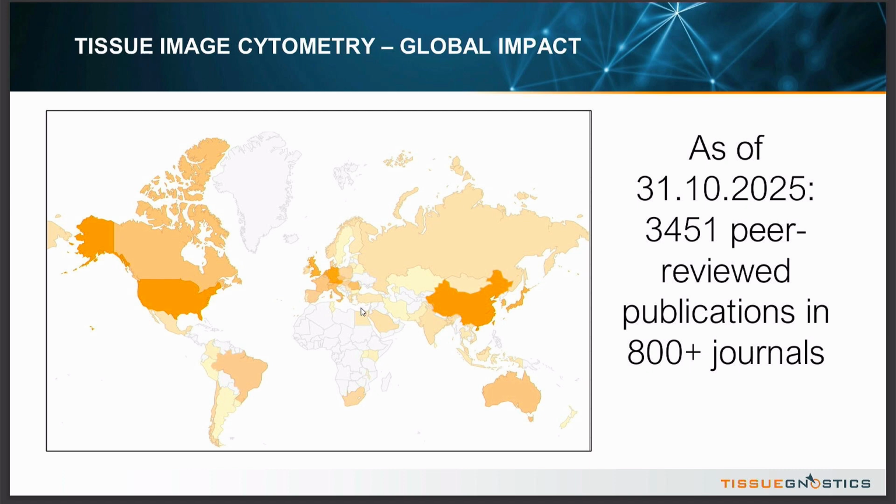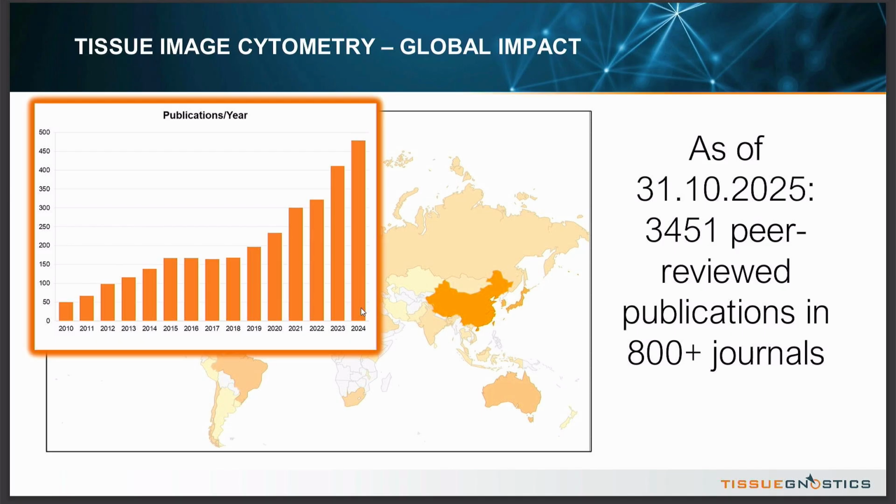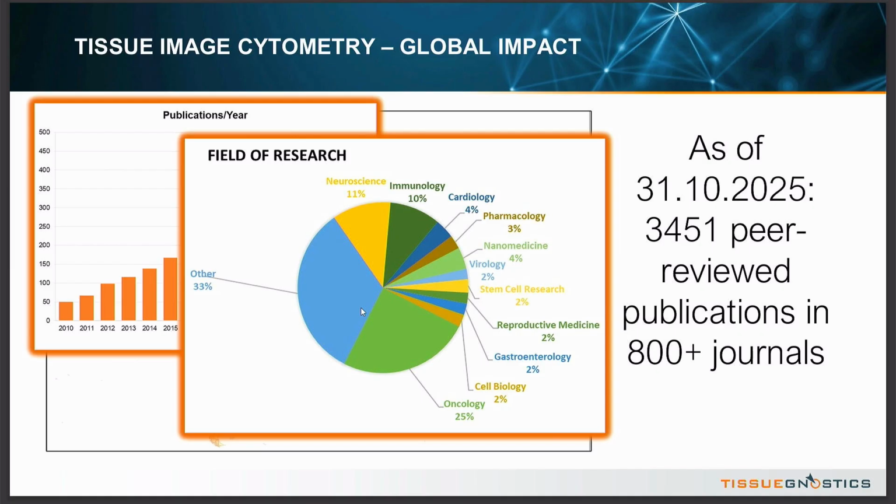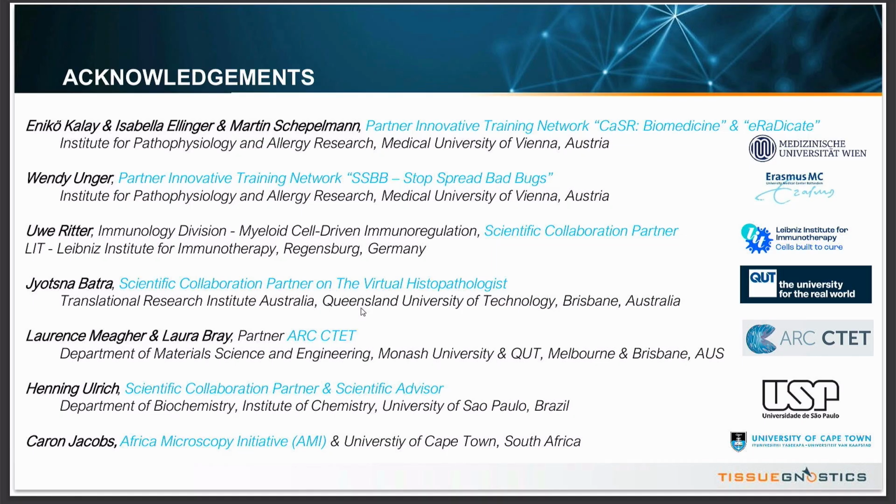And with this I would like to summarize. As of end of last month, we have 3,450 peer-reviewed publications. You see from where in the world they come. And here you see the increase of papers per year published using tissue image cytometry. This shows which fields are used. Number 1 is actually cancer research, followed by neuroscience and immunology, but it can be applied in all disciplines of